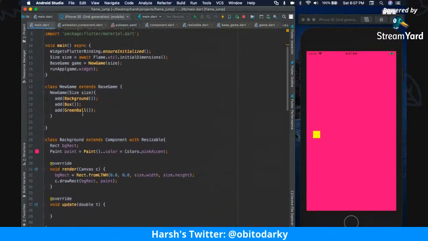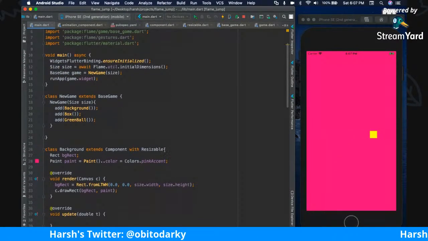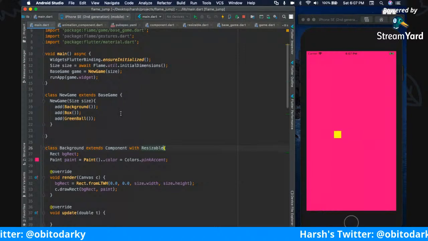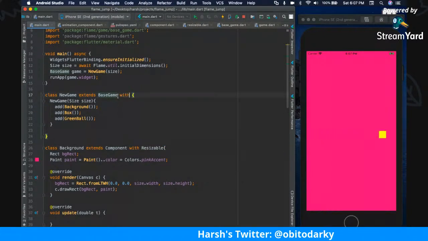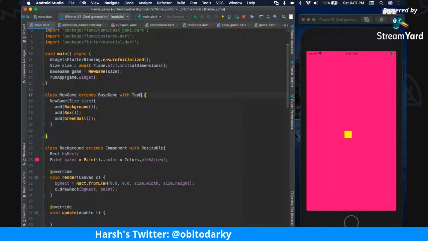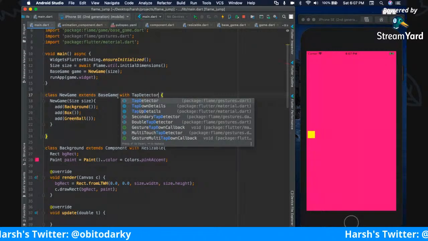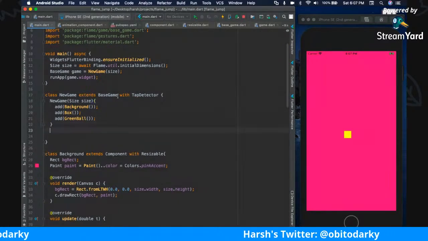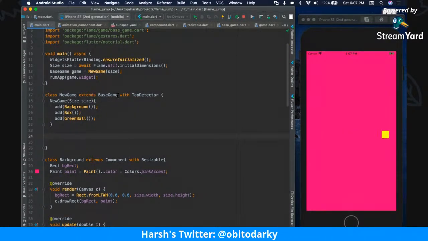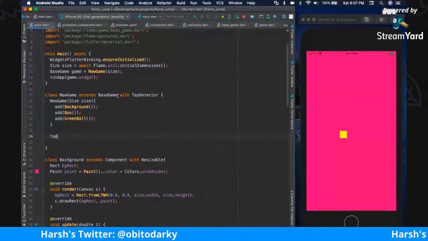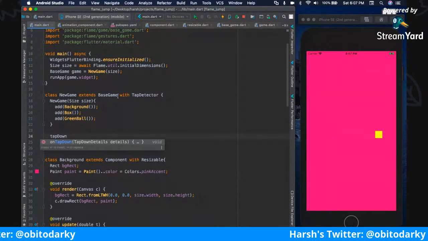So in our base game class, which is I think right here, where is our skin class? There it is. And we'll use the tap detector mixin, and we'll use the tap down method on tap down,